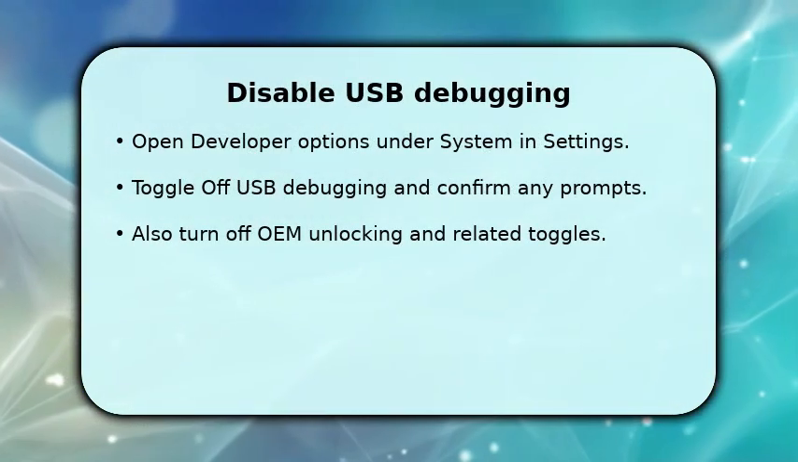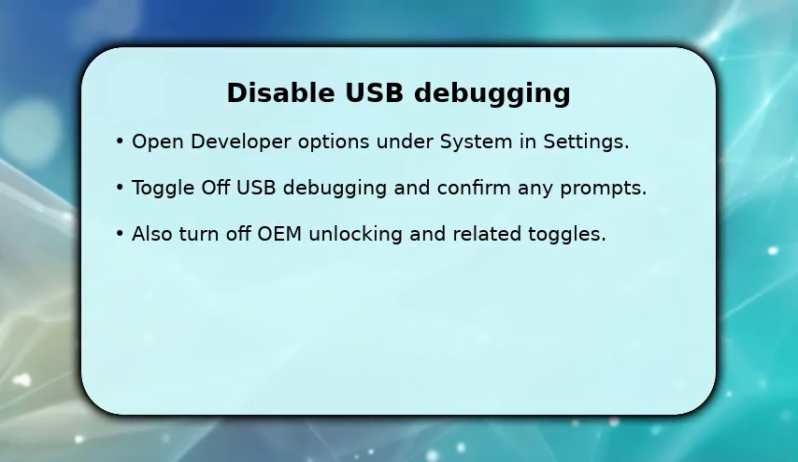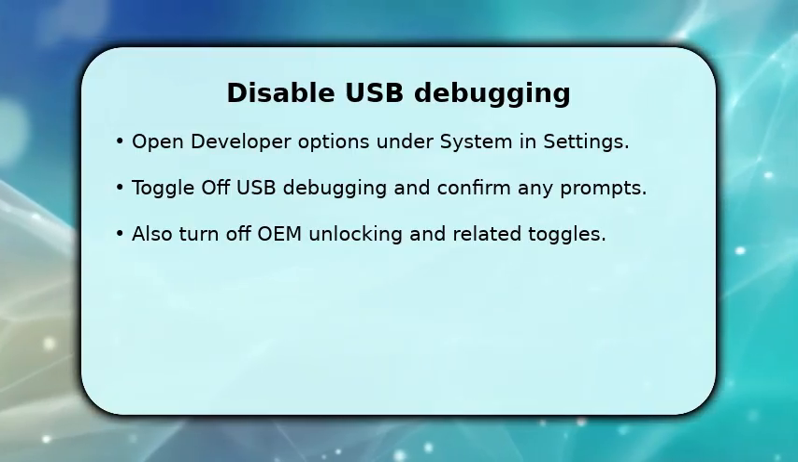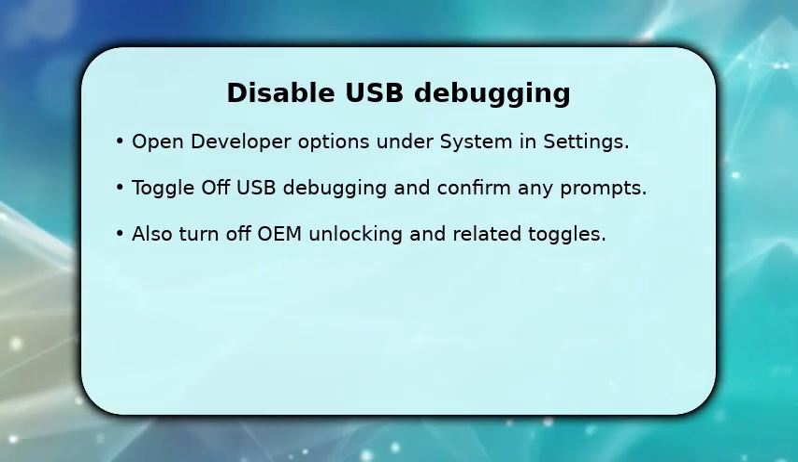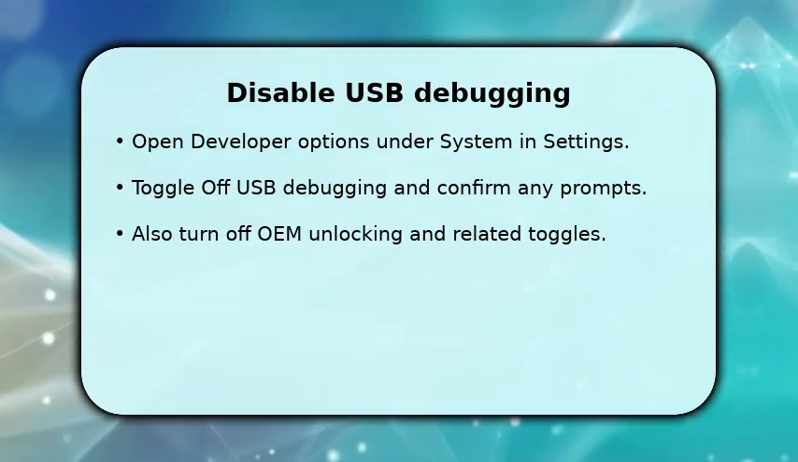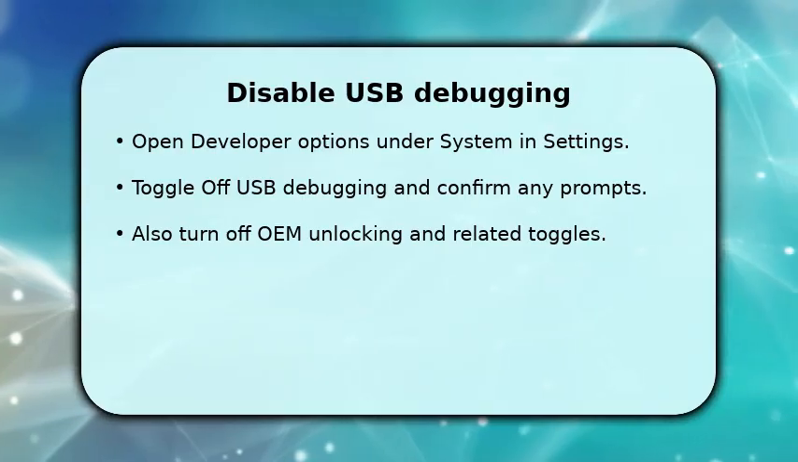You now enter Developer Options to turn off USB debugging. This blocks ADB and file access from computers. Scroll until you find USB debugging, tap the toggle to off, and confirm the prompt that warns about debugging access